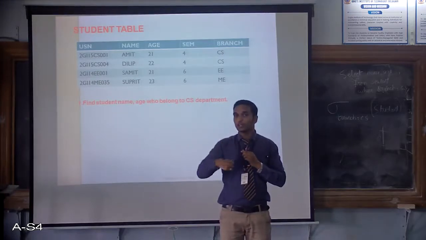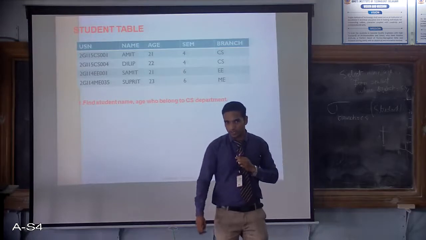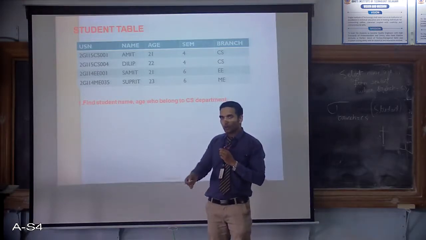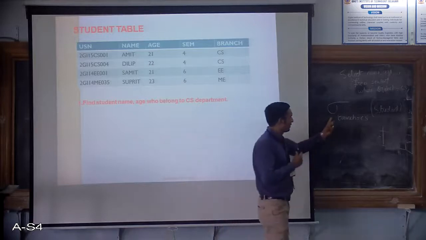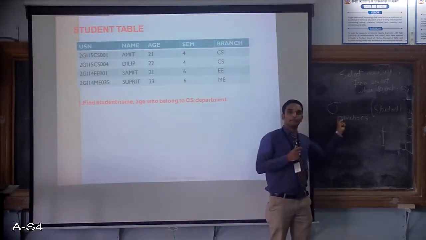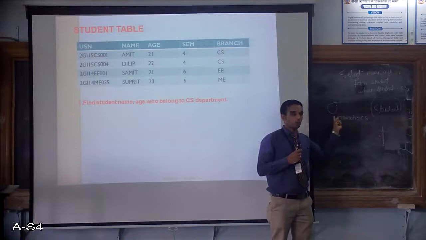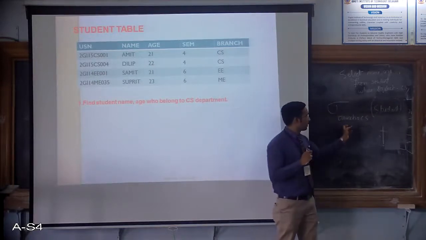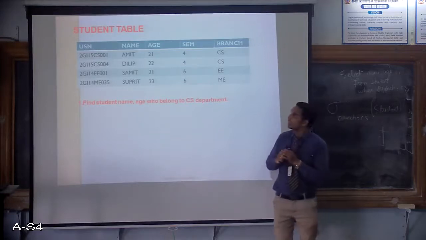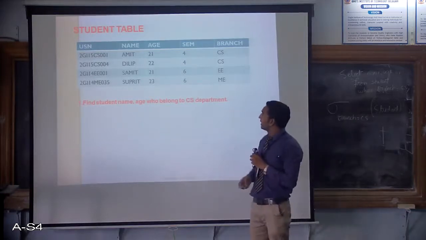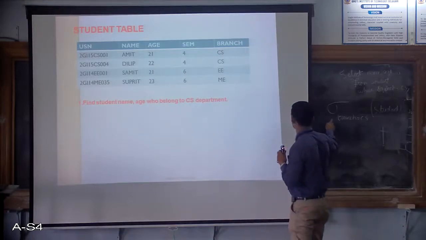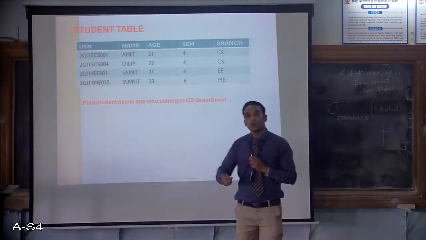But right now we are into the relational algebra concept, right? So I want to write the relational algebra query. So what I'll do is initially is, I know now sigma. Sigma will select the rows. So select all the rows from this table where branch equal to CS. So what happens here is, row number 1 gets selected and row number 2 gets selected for this query.